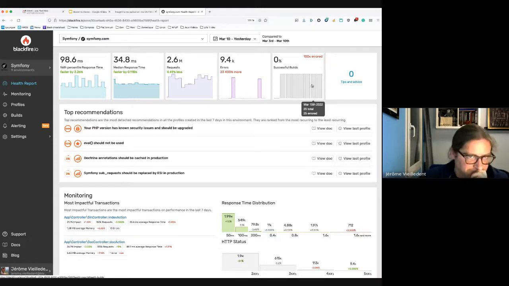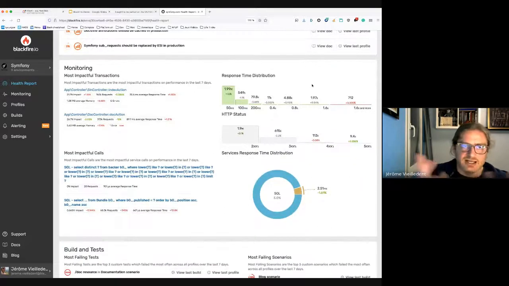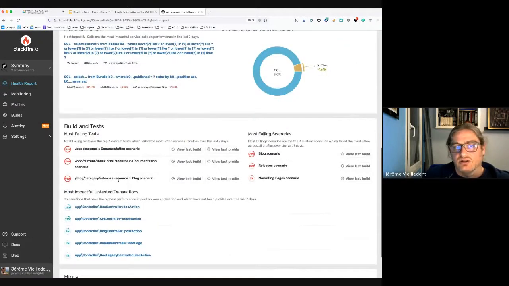performance tests. I also get an overview of the most impactful transactions and the most impactful service calls. So here, the SQL queries, and the builds themselves. As I said about the builds, these are scenarios that you can trigger on a regular basis, every 1 hour, for instance, on production. This is also what we call synthetic monitoring. But here, this data is crossed with monitoring data.